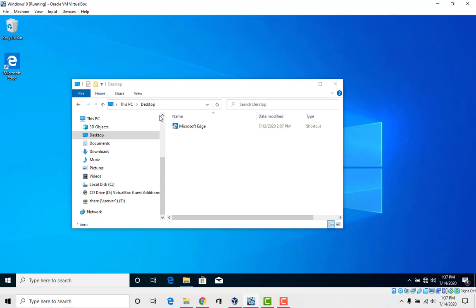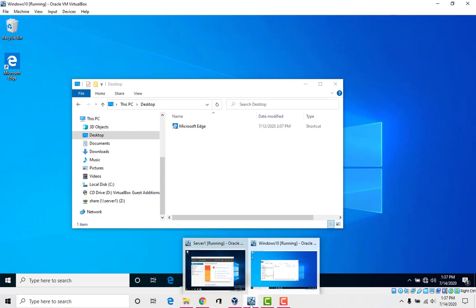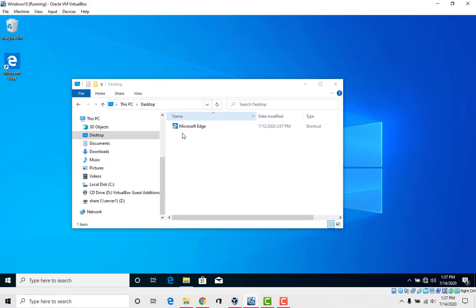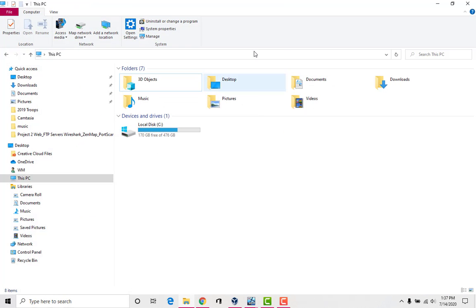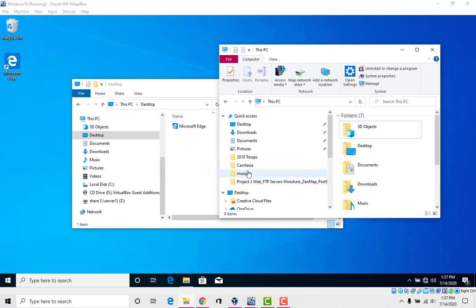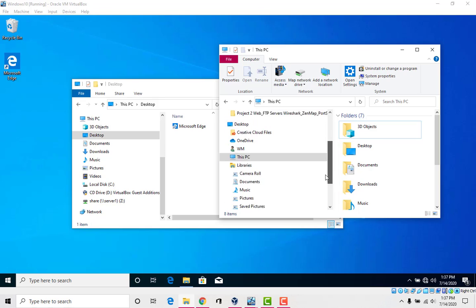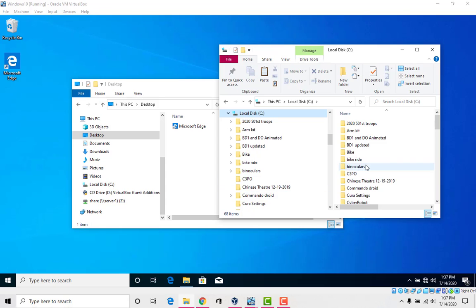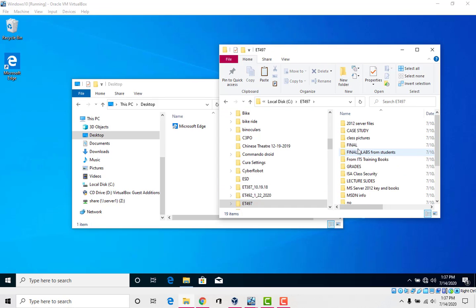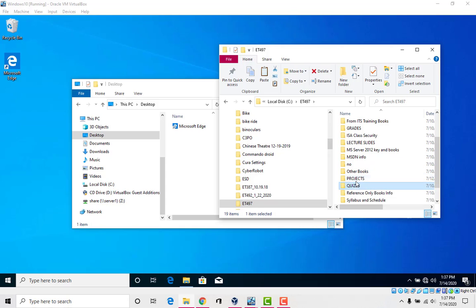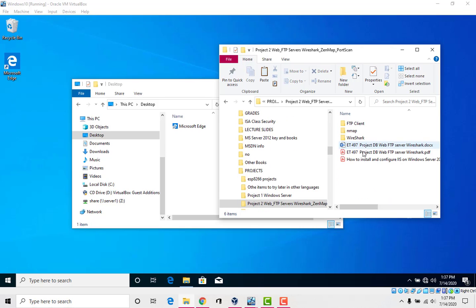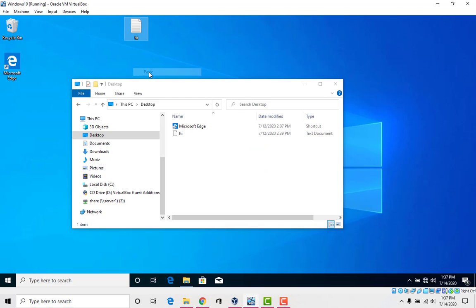Okay, now that the computers have been fully booted, we have our server and our workstation running. I gave it a try and it did not work. I tried to copy from our good friend here, the C drive locally, ET497 projects. So project 2, I tried to copy that one file to the local machine here and it did not work. That one was previously from the local machine, so it's not the same file.